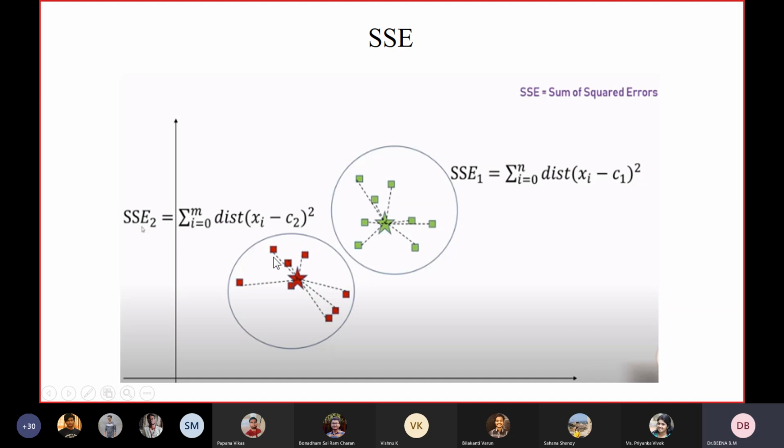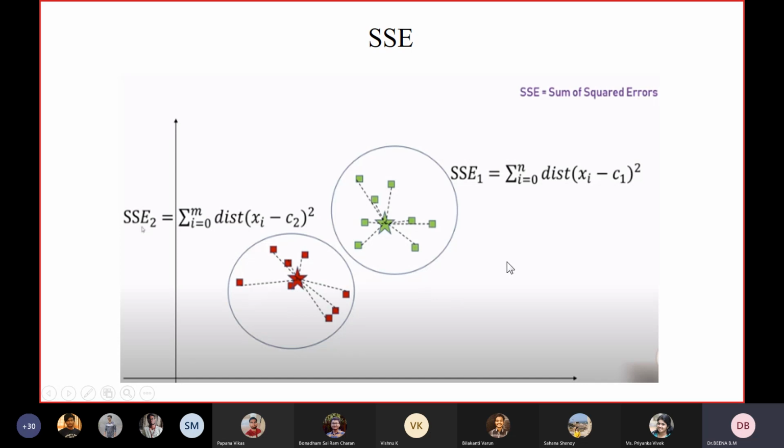So for every data point in the green cluster, we take the distance of the individual data point from the centroid, square it, and then sum it up. This is the SSE for the first cluster. Similarly, this is the SSE for the second cluster. These are nothing but the errors.